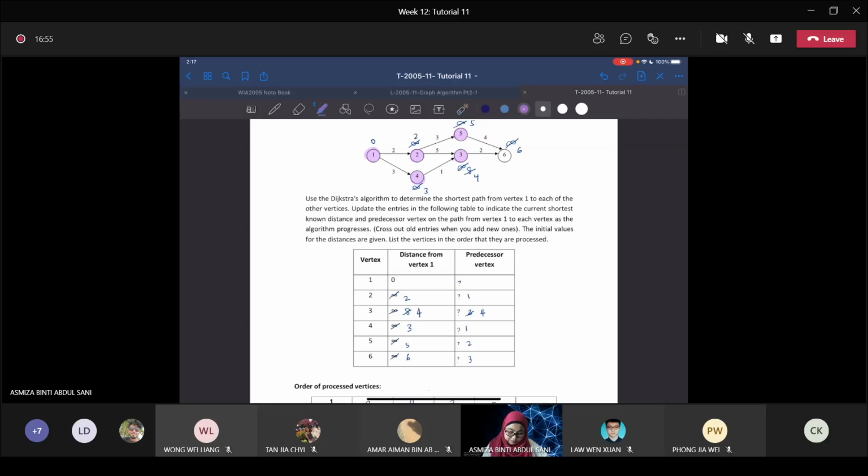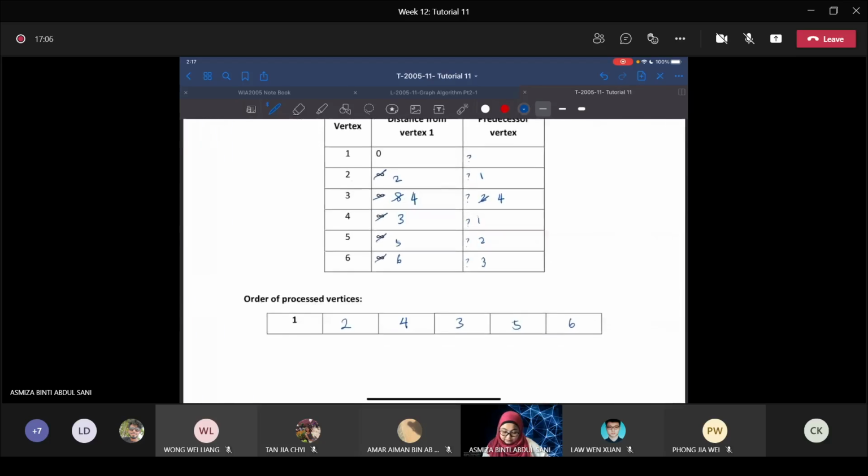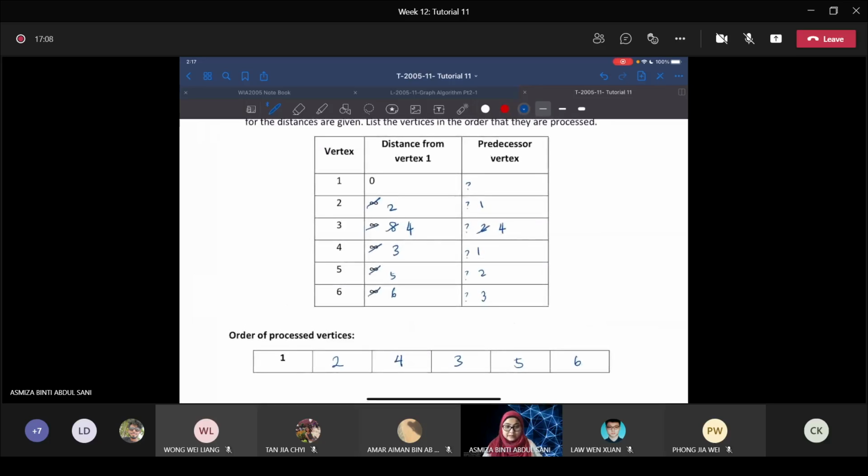And finally, we're going to process vertex 6. So the last one to be processed is 6. Therefore, we get this table. Through this table,